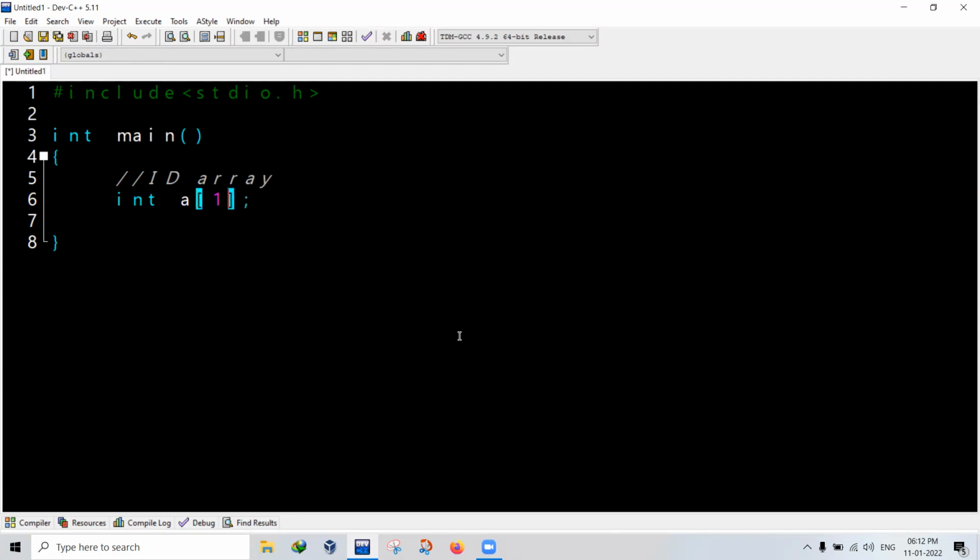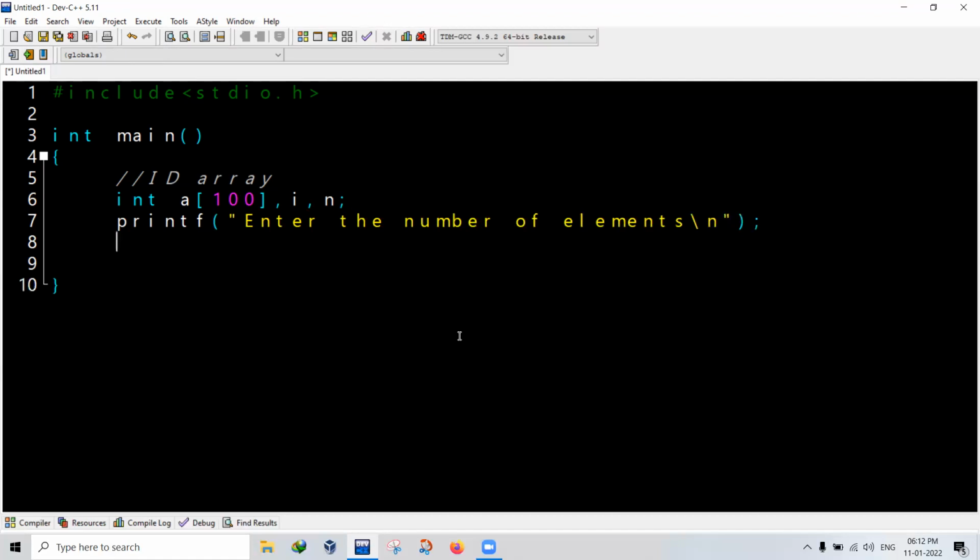Now you have to initialize the size for the array. Let's say A of 100. This means my array can hold a maximum of 100 elements, and I need a variable i and a variable n. Now see, printf, enter the number of elements. As you people know, we can hold a capacity of 100 elements in the array, but the user may want to enter only 5 or 6 values. So for that, take n and ask how many values you want to enter. Scanf percentage %d, in double quotes, and &n. This will give me the total number of elements the user wants to enter. A user may say, I want to enter 10 elements, so the n value becomes 10.